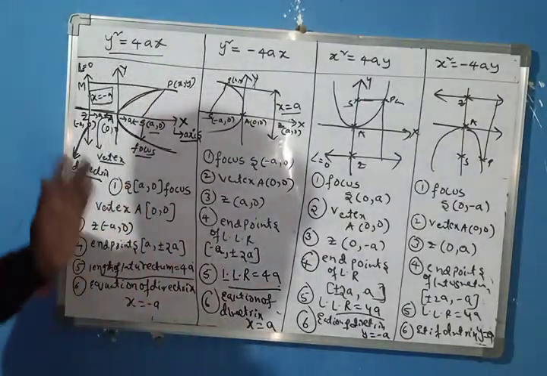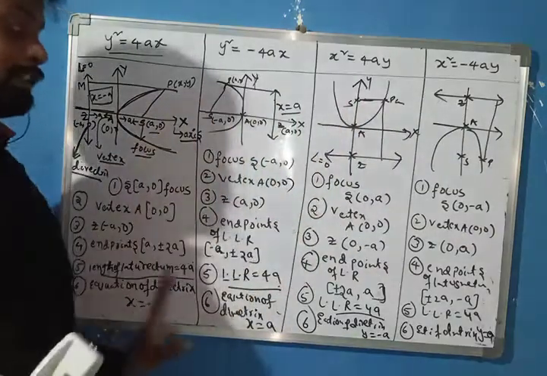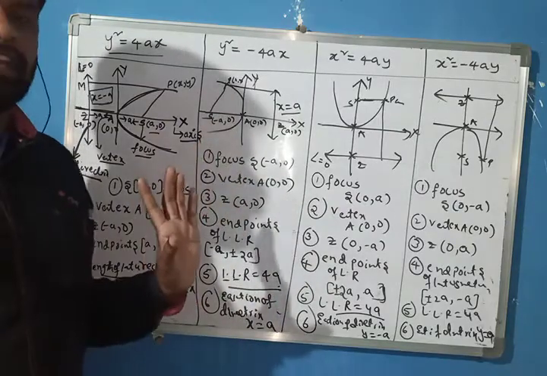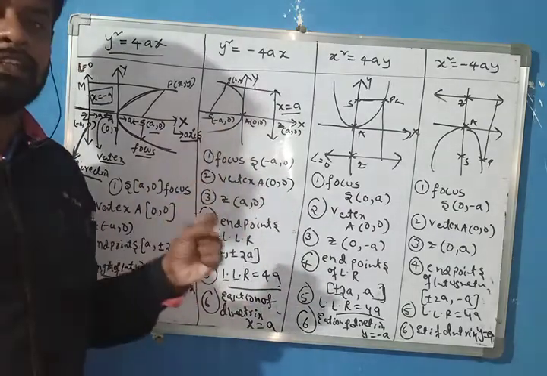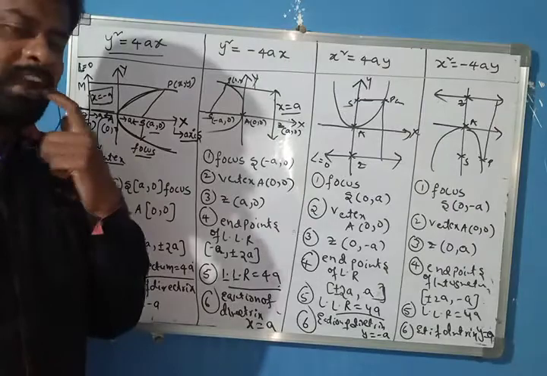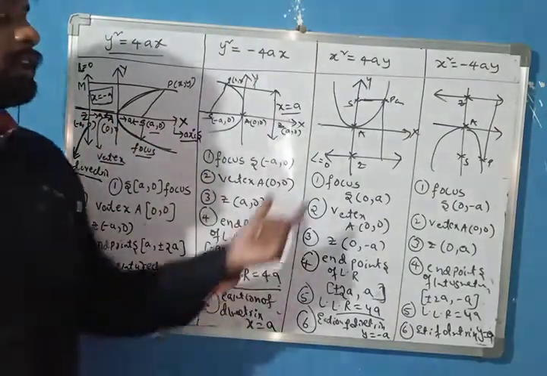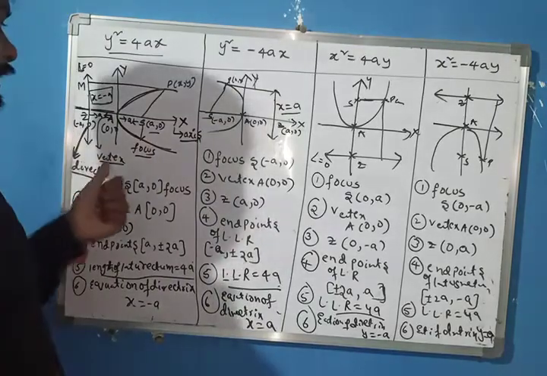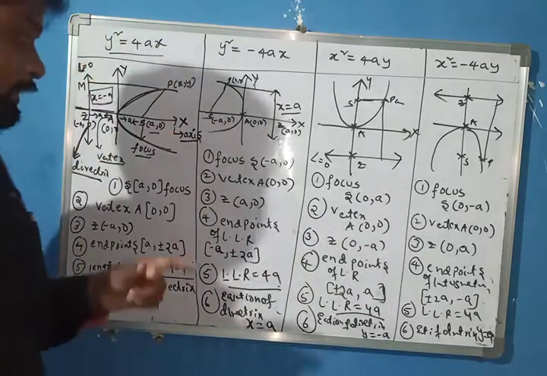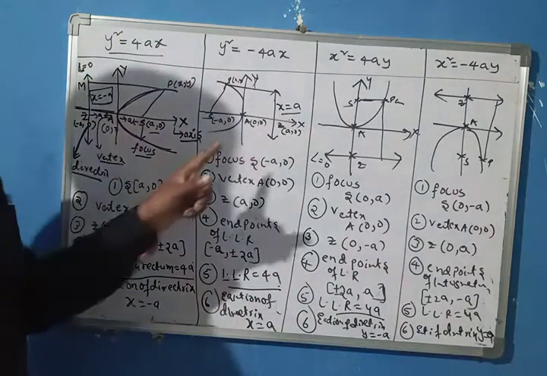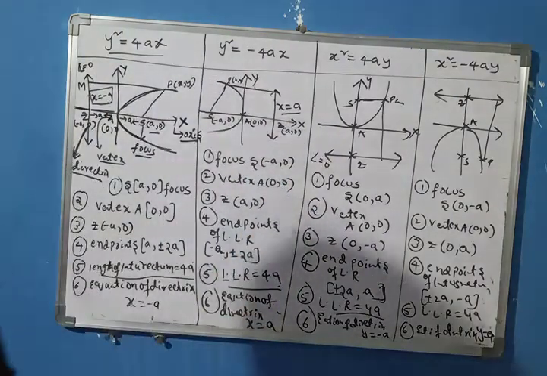What are the changes? Please observe and read the formulas with respect to the diagram. Don't memorize by heart. If you understand the concept, you get it easily. If you memorize by heart, you will compulsorily forget all the formulas. In the last class I explained the standard form and how to get all these values using it. Please remember.